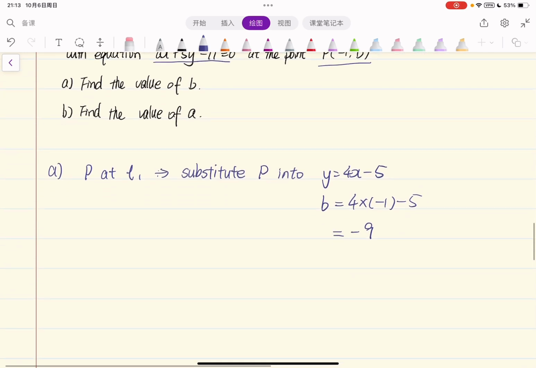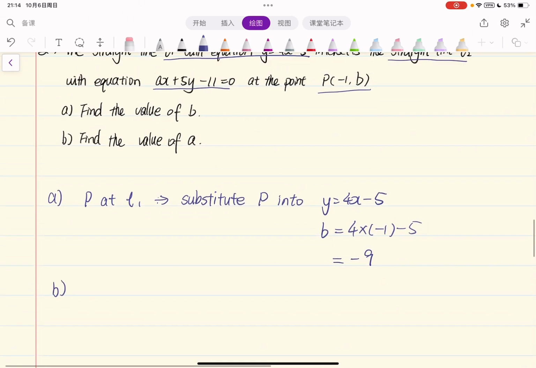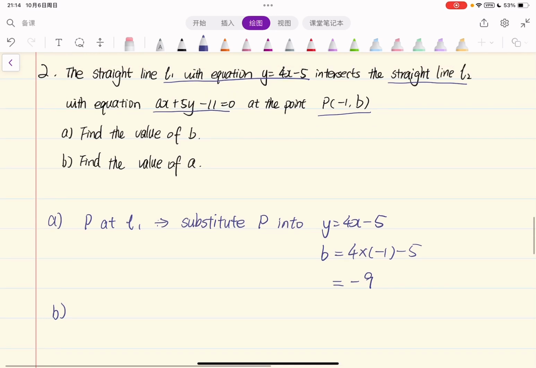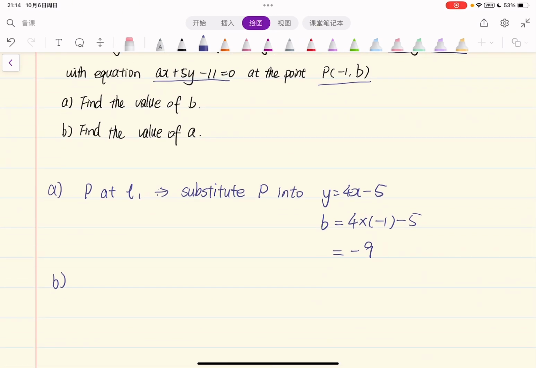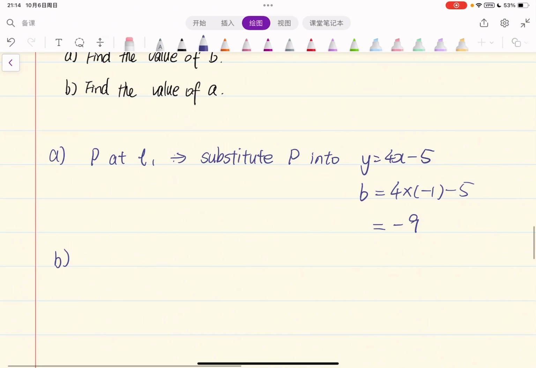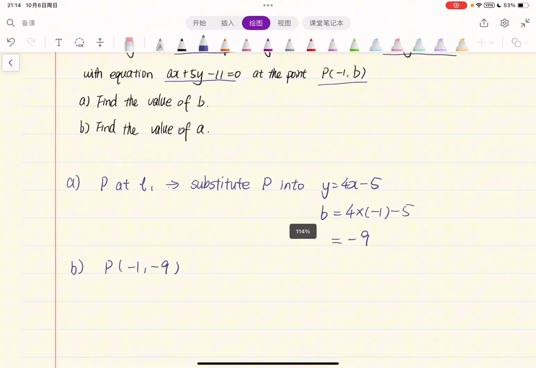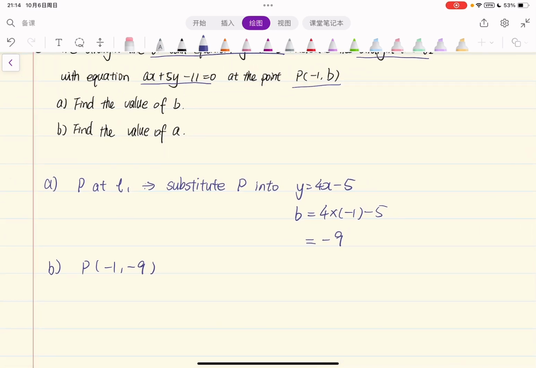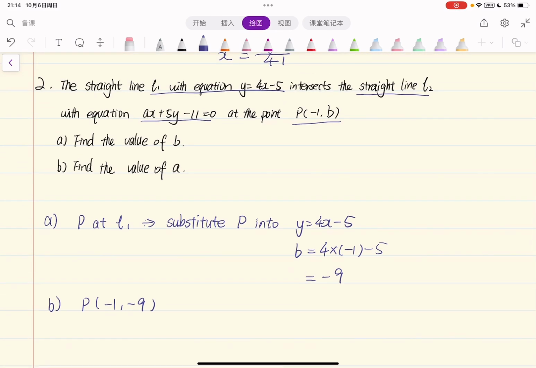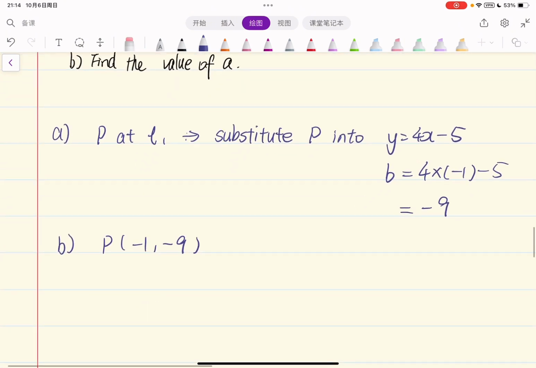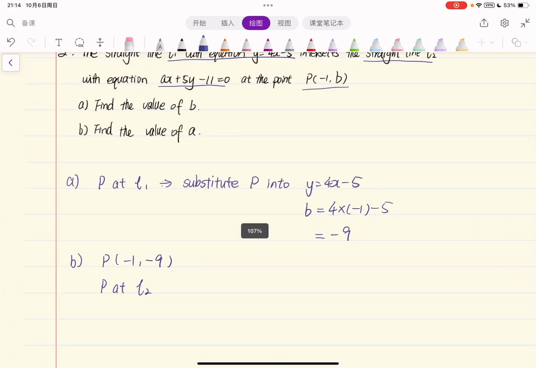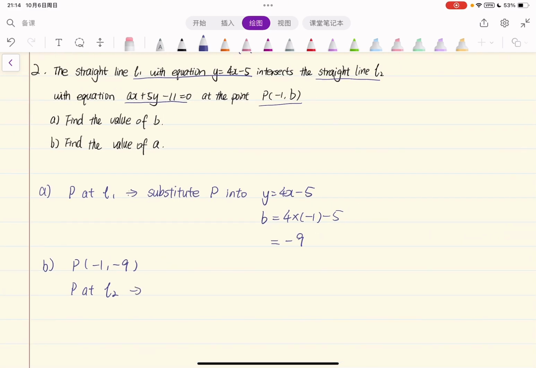Now move on to the part B question. It asks you to find the value of a. After you got the answer from part A, you have that the point P is (-1, -9). And the point P is also on the line L2, which means P is on L2. So we can substitute